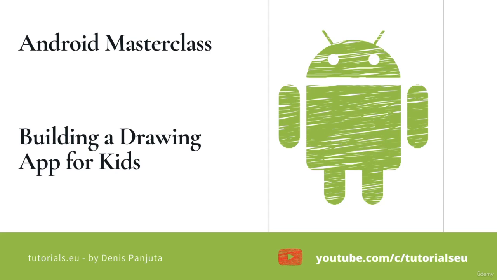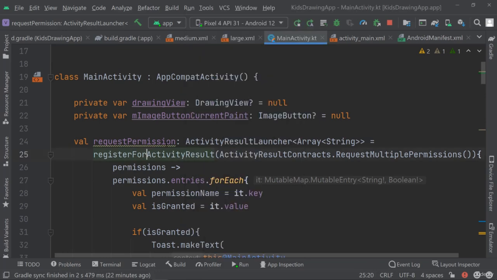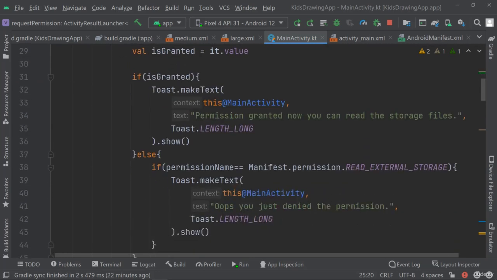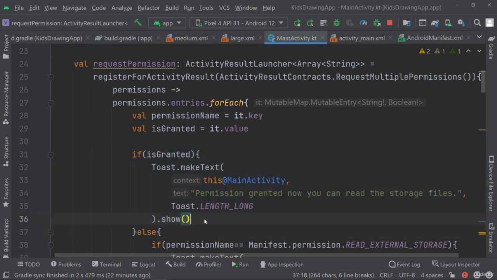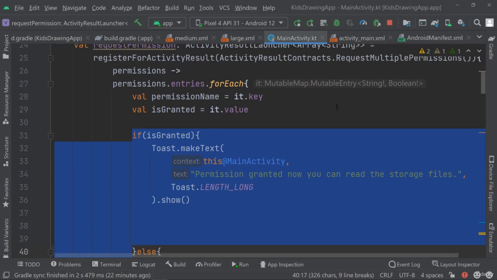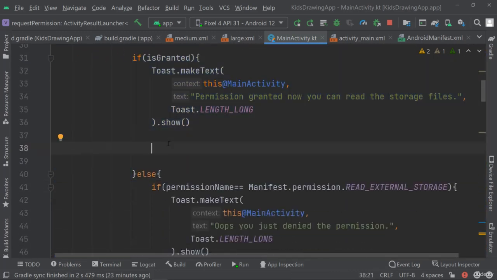Welcome back. In this video, we're going to implement the functionality so that we can actually click on this button and then go to the gallery and select an image from there. So inside of my request permission, I'm going to start an intent once I have granted the permission. So if is granted the permission that we're looking at, and that is our gallery permission, if that's the case,